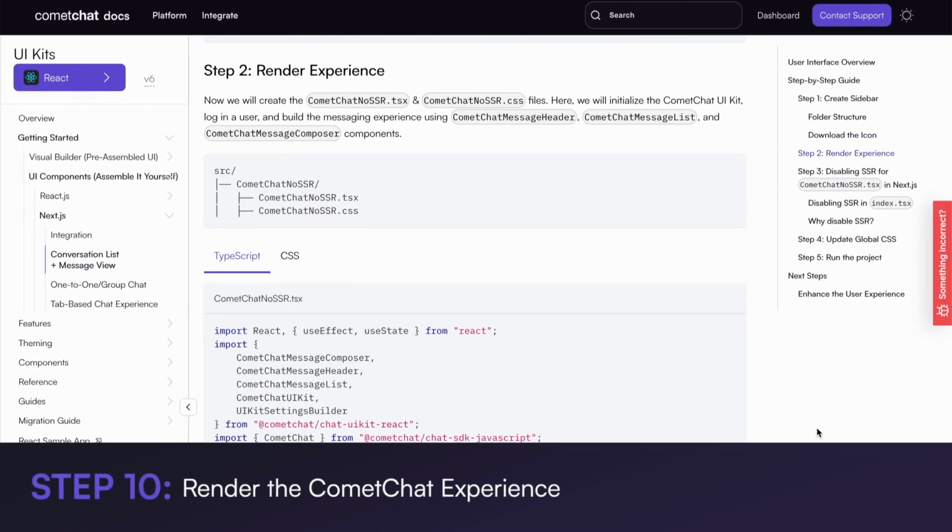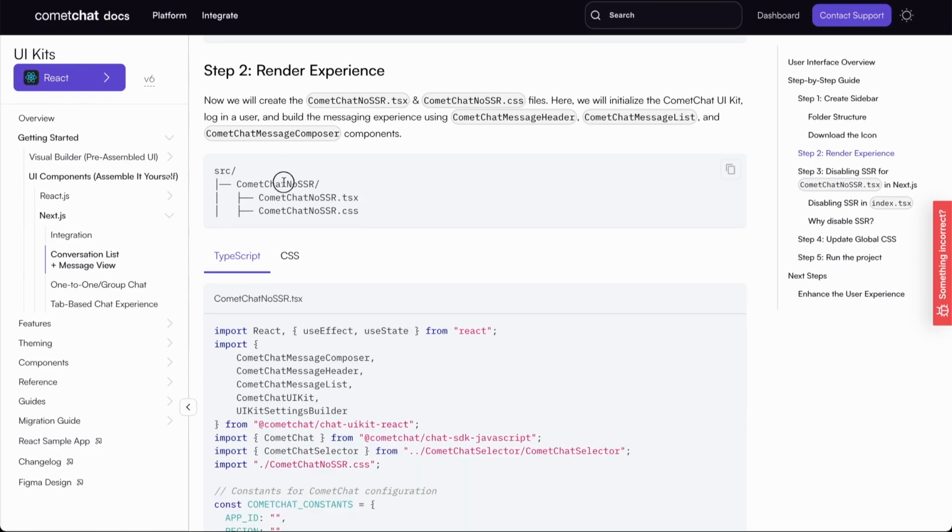Step 10. Render the CometChat experience. Follow the structure outlined in the documentation. Copy the integration code